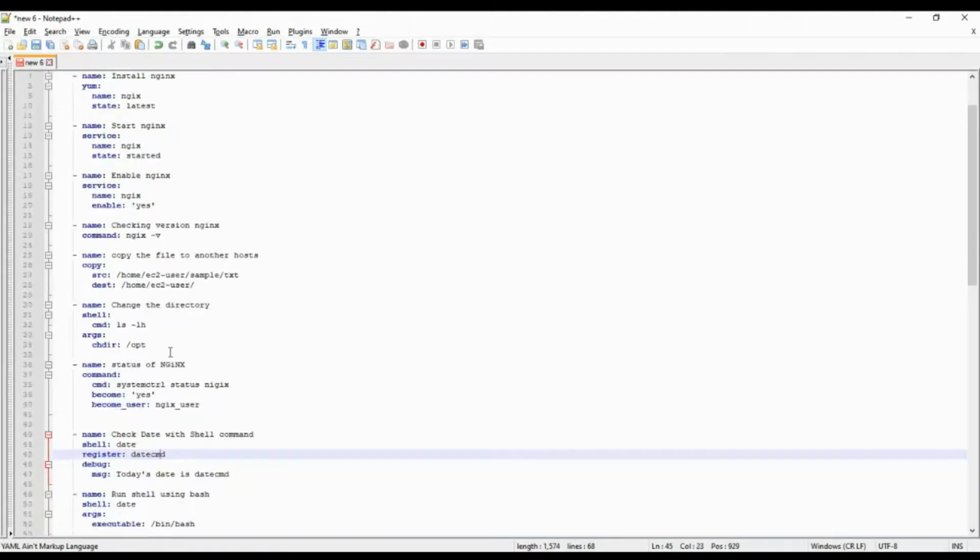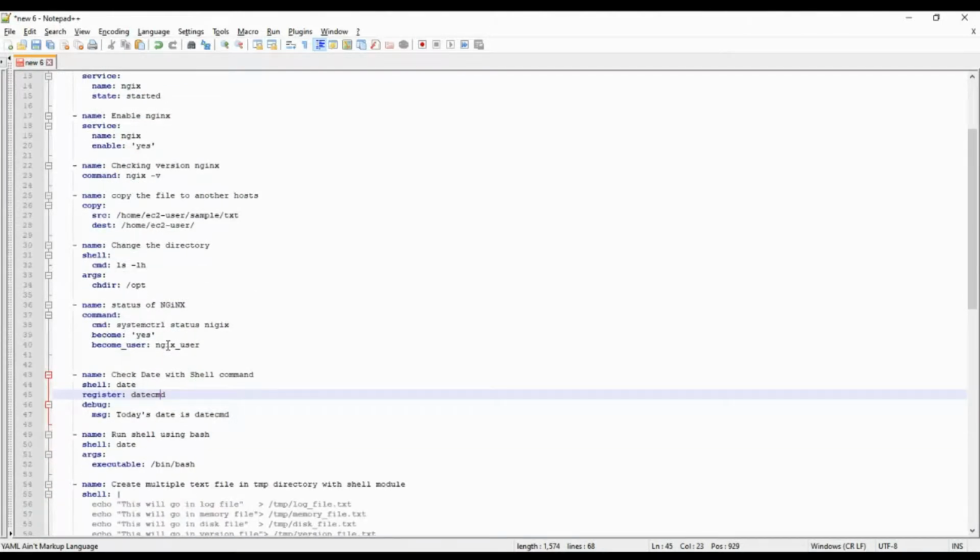Moving to the next one, tomorrow, if I want to basically save the output of the shell, I can do that using something called a register. So all I'm doing is calling a module called shell, and in that I'm executing date as a command, and I'm storing the output of that in a register. Register is nothing but a variable. Tomorrow, if I want to execute any shell command and I want to store the output of that, I will use the register. And then I'm printing a message called today's date has CMD,